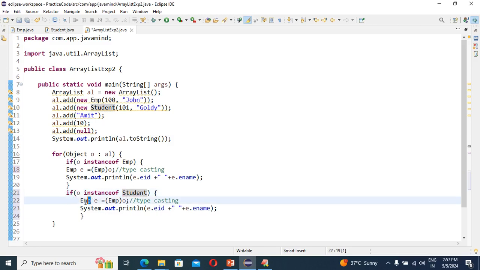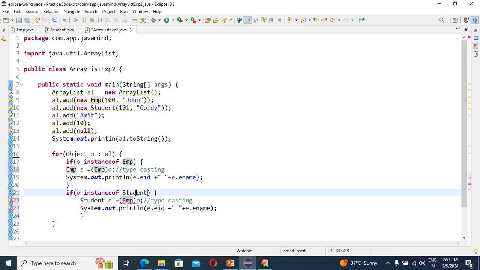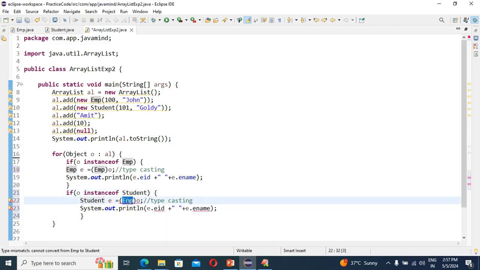And in this place also we need to write Student only, right? In this place also we have to write this Student only, correct? Because we are going to check the type and then the typecasting. First we are going to check the type of this object, then you're going to